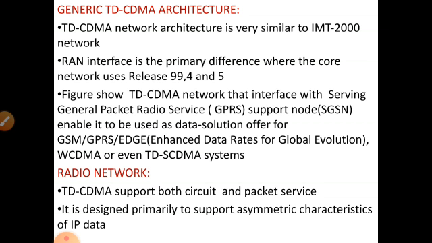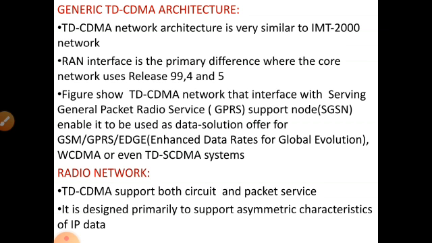That is, EDGE is nothing but the version between 2G and 3G. When you are going for 2G mobile, there will be 2.5G EDGE. So EDGE is nothing but a version between 2G as well as the 3G evolution. EDGE stands for Enhanced Data rates for Global Evolution, and this provides data solutions for this type of technique only on WCDMA network or even on TD-SCDMA system, which we will look at in the next video. So next we are going for the topic radio network.